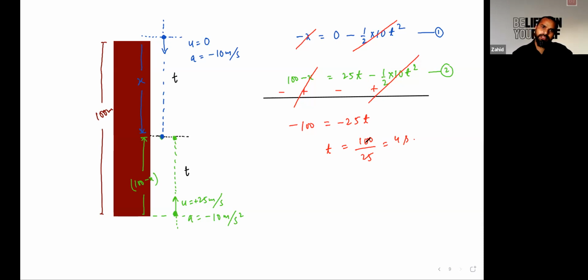Put this particular t in first equation, so it would be minus of x is equals to minus, and minus gets cancelled out, so x would be